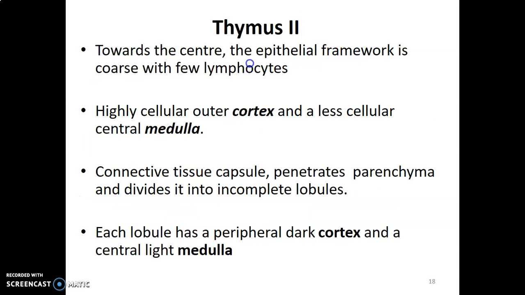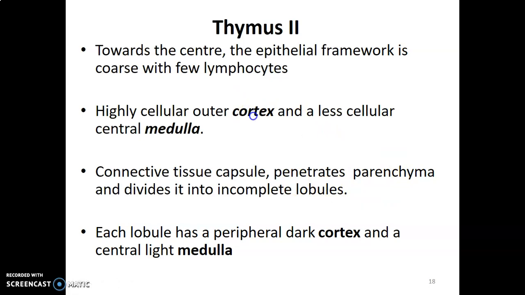The thymus towards the center has an epithelial framework, which is usually coarse and contains few lymphocytes. So towards the center, the lymphocytes are fewer, but towards the periphery, around the capsule, the lymphocytes are many. From the capsule, septa penetrate the parenchyma and divide it into incomplete lobules. Each of these incomplete lobules has an outer cortex, which is highly cellular, and an inner medulla, which is